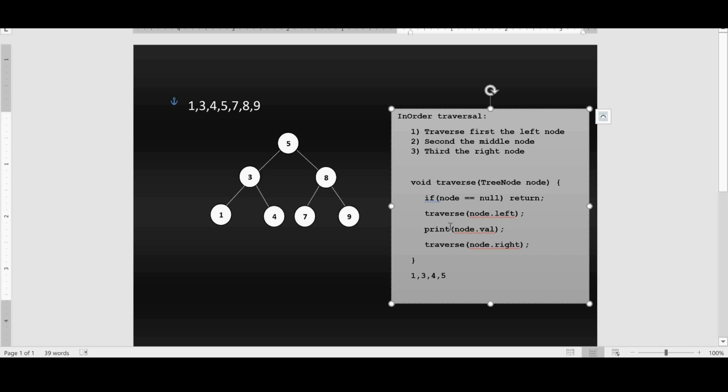Right side of 5 is 8. It will come here. What is the left of 8? It will call node.left for 8, which is 7. It will go here. Then again it will call node.left for 7. It will go into this traverse again, and it will return a null, and then it will try to print 7. So here it will print 7, and then again it will try to do a right of 7, which